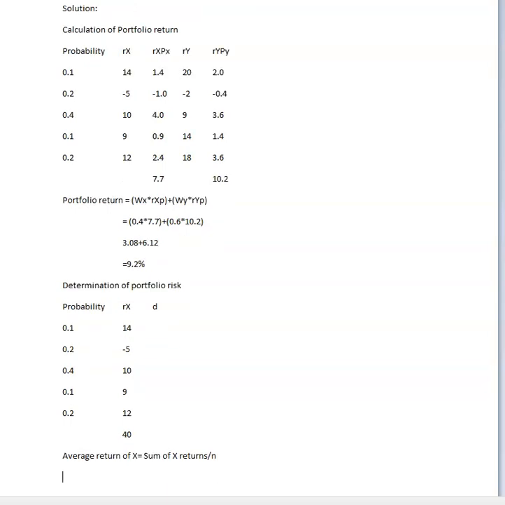That is equal to 40 divided by 5. We get 8. Now we take the deviations. 14 minus 8 is 6. Next, minus 5 minus 8 is minus 13. Then 10 minus 8, 2. Then 14 minus